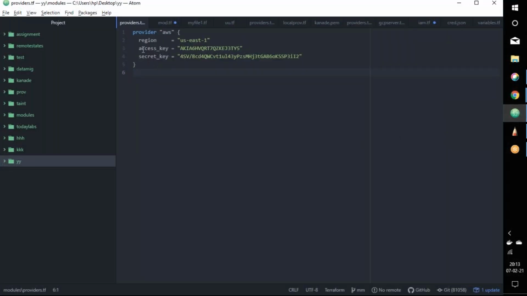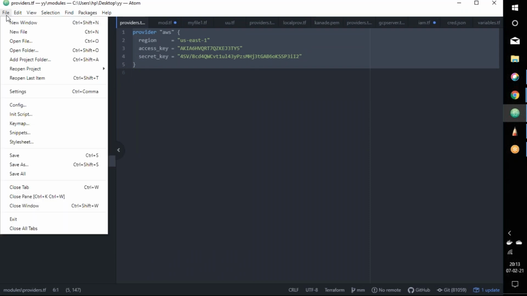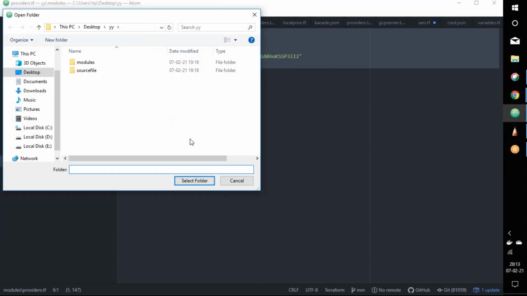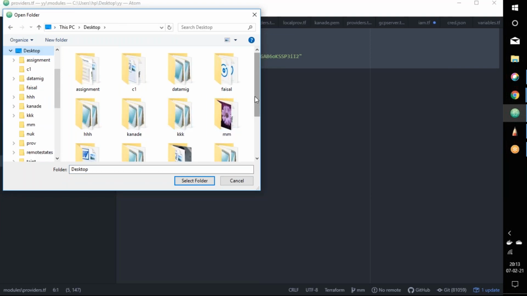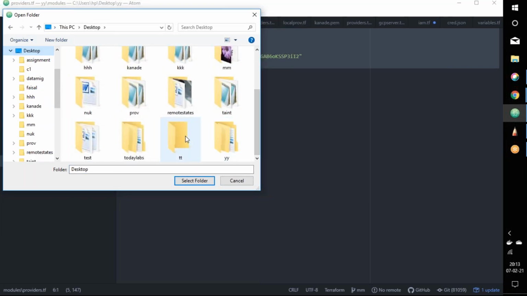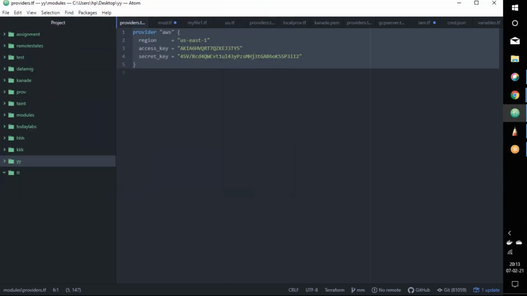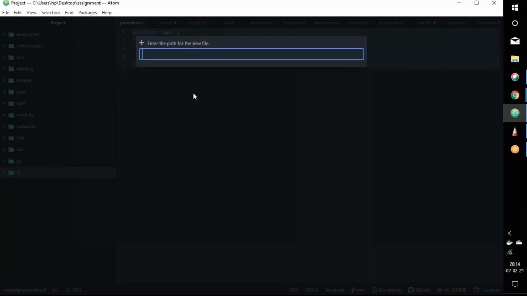Let's copy this, go to File, add the project folder, and select the TT folder. Let's create a new file here, as usual, providers.tf.